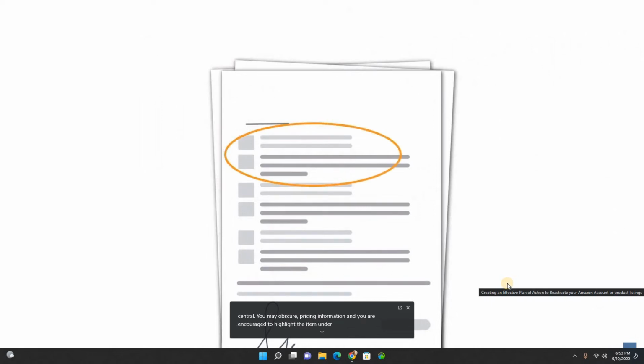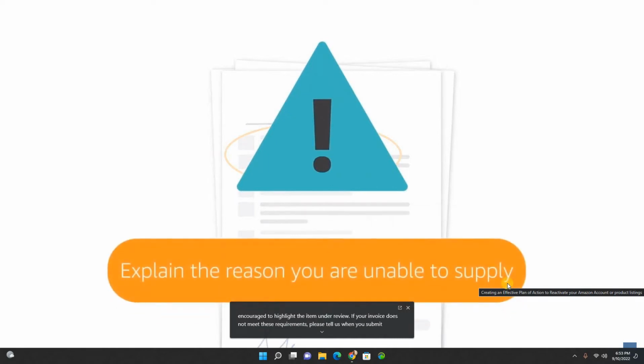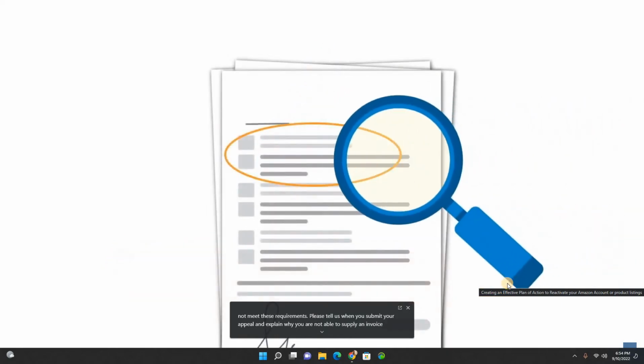If your invoice does not meet these requirements, please tell us when you submit your appeal and explain why you are not able to supply an invoice in the required format. We will consider this information during the review process. While the volume is growing, it may be hard for them to predict. Let's investigate another idea. Great Homes knows that we've been spending